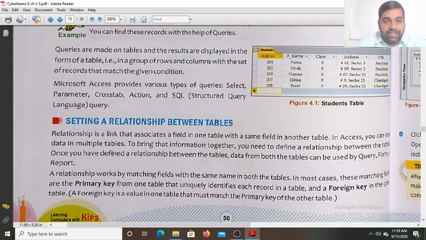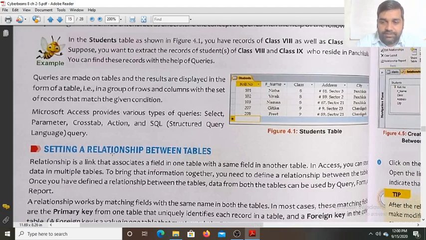A foreign key is a value in one table that must match the primary key of the other table. So if a record's roll number is 101 in the marks table, the student information table should have a record with roll number 101. So primary key and foreign key are related.